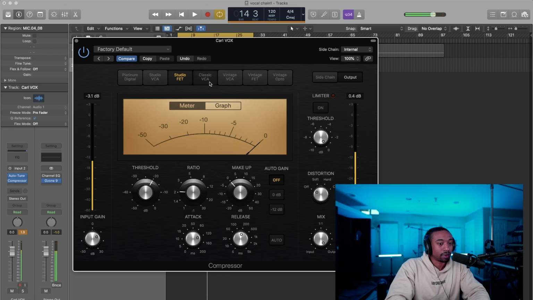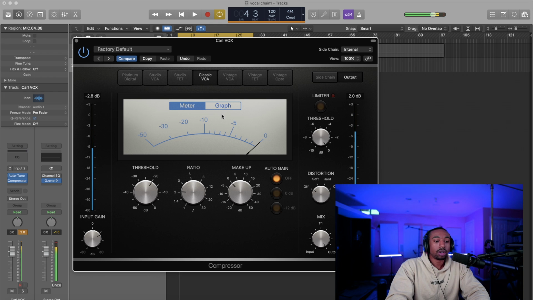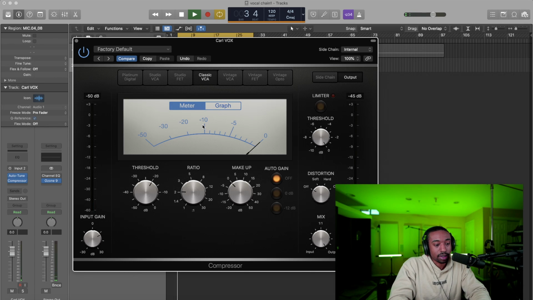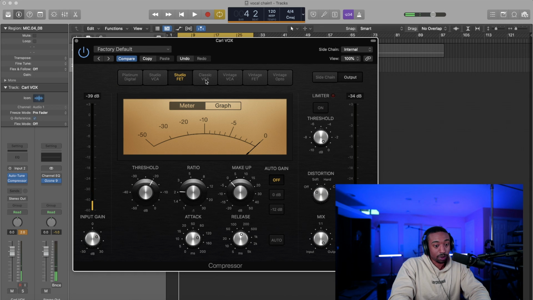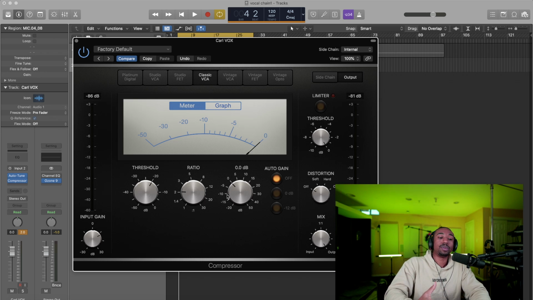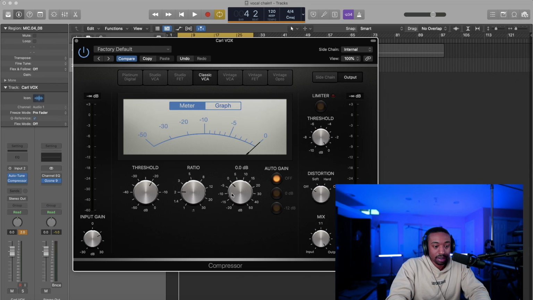So very subtle differences. I'm just going to show you this because I want to show you how a good stock compressor sounds. Now this one has a lot less knobs. We don't have the attack and release on this one, so we cannot determine that parameter, which makes this compressor a little more simple, but it gives you a specific sound because of those things.